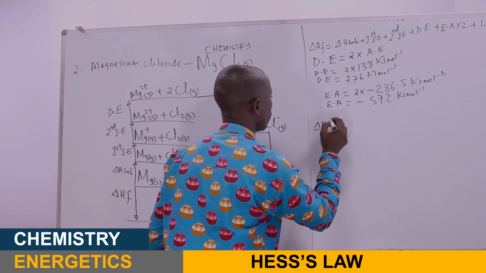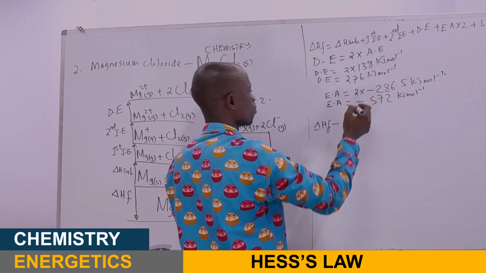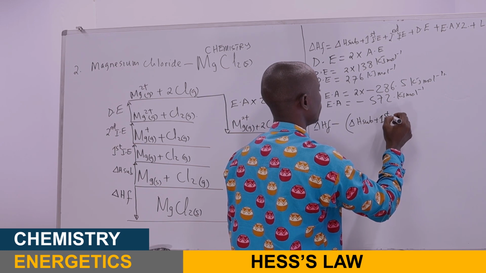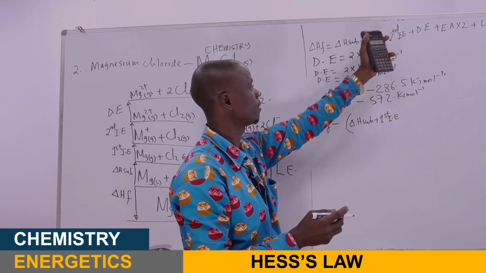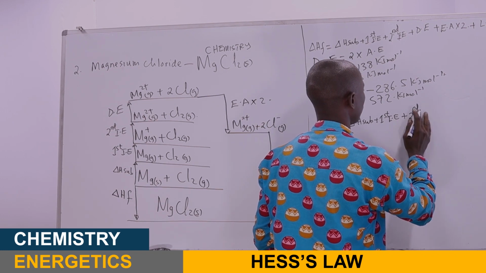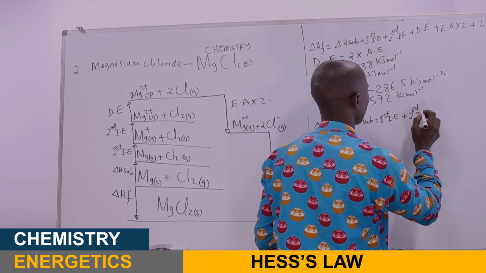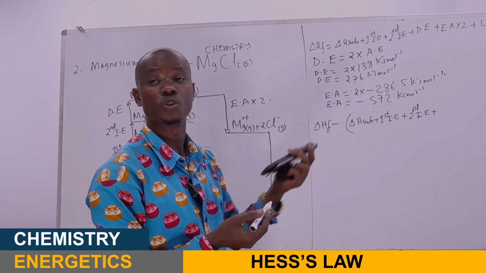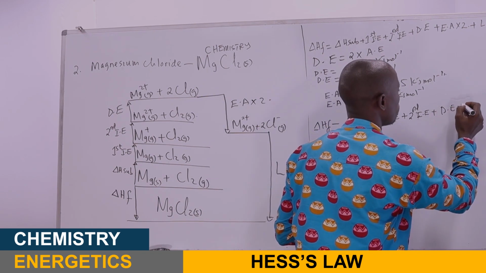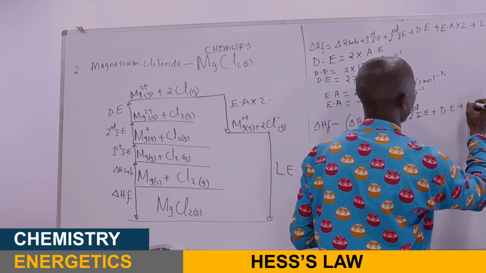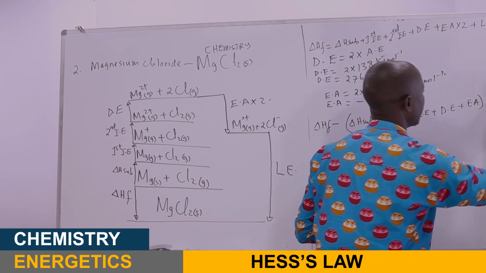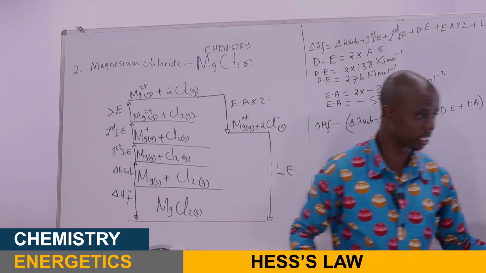So here, the enthalpy of formation minus, in bracket, enthalpy of sublimation plus first ionization energy as given here plus second ionization energy plus dissociation energy plus electron affinity, this one, equals lattice energy. Now, because you have the data here, my dear students,